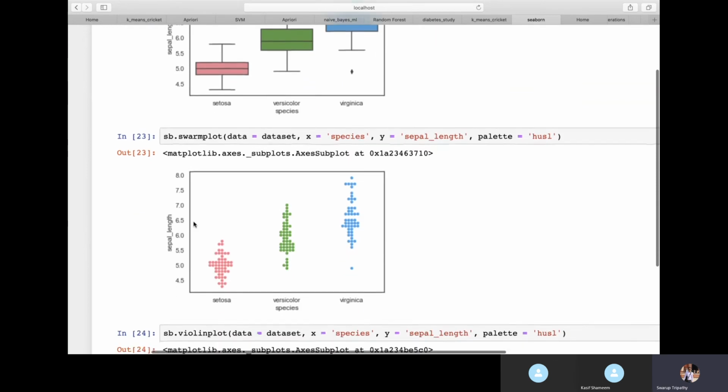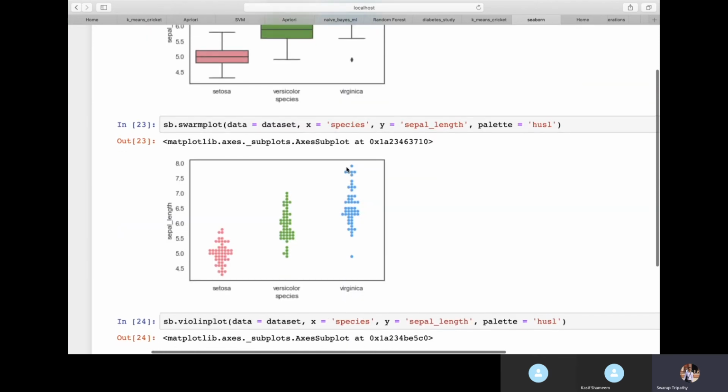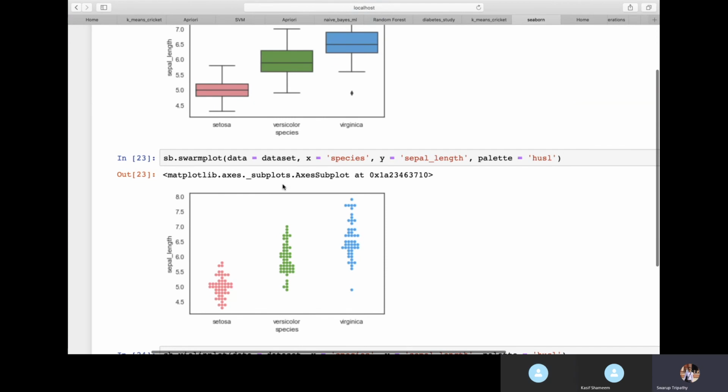The swarm plot shows you the actual data points, where all the data points are. Now you can understand why this particular point was considered an outlier. You can see it is very far from the cluster of data, so it is considered an outlier. Outlier means a unique value or unique observation. This is how you can analyze the points by plotting the swarm plot. Getting it? You can do this swarm plot: just change the name to swarm plot, copy and paste the same thing, and it will give you this.